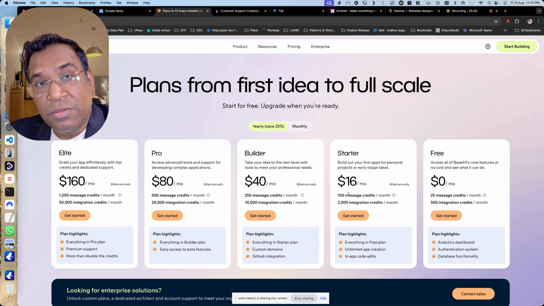Okay, they've reduced from cloud code also. You mean to say the starter as of now is $16, which is good. Yeah, it is attracting more customers. Builder is $40 per month, Pro is $80, and Elite is $160, right? So